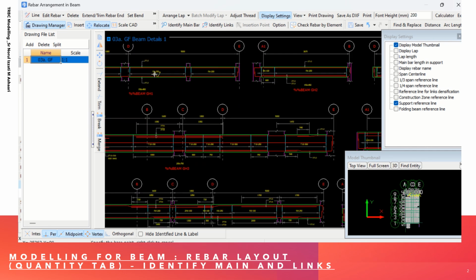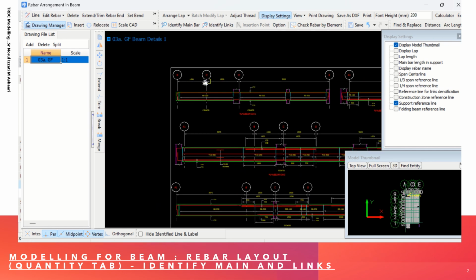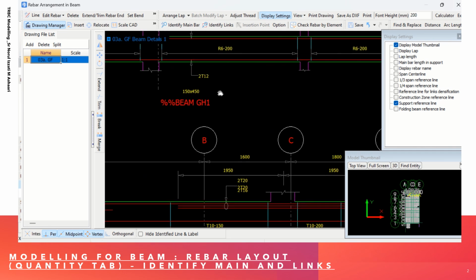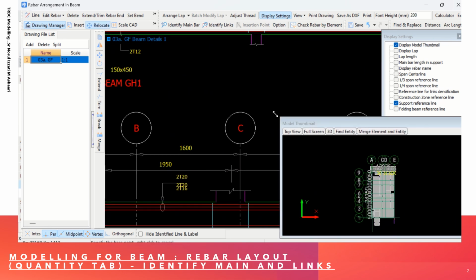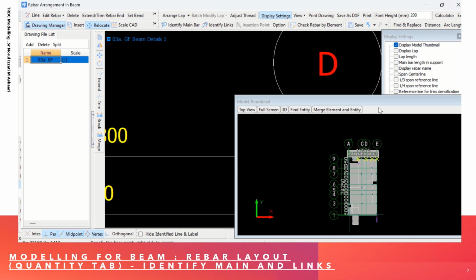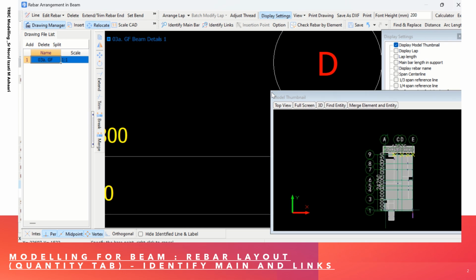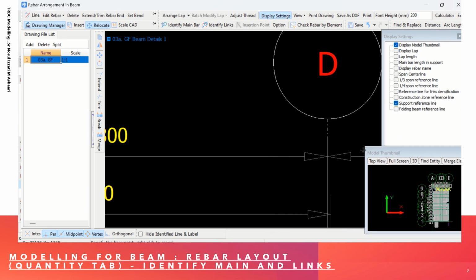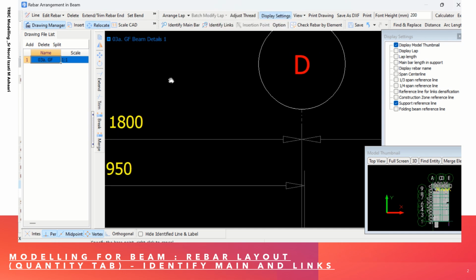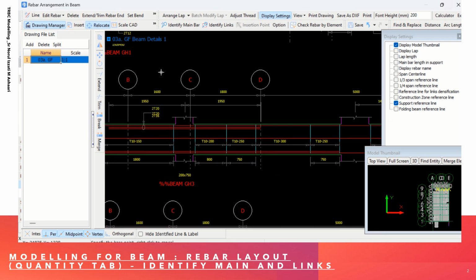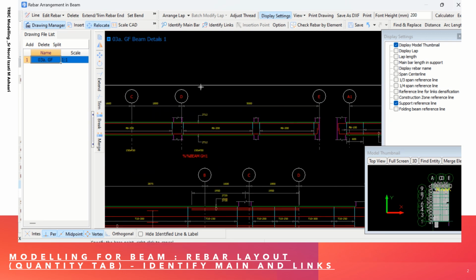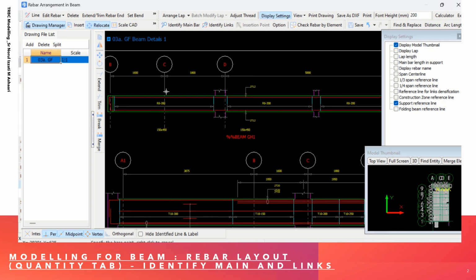Now in order to identify the bar reinforcement for the GH number 1, you can see here if you make this thumbnail bigger, the software has already highlighted in yellow color where we are going to measure the GH number 1. So this one you can minimize. This is very important because the software will identify the actual beam before we measure the bar reinforcement in detail from the ground floor beam details.